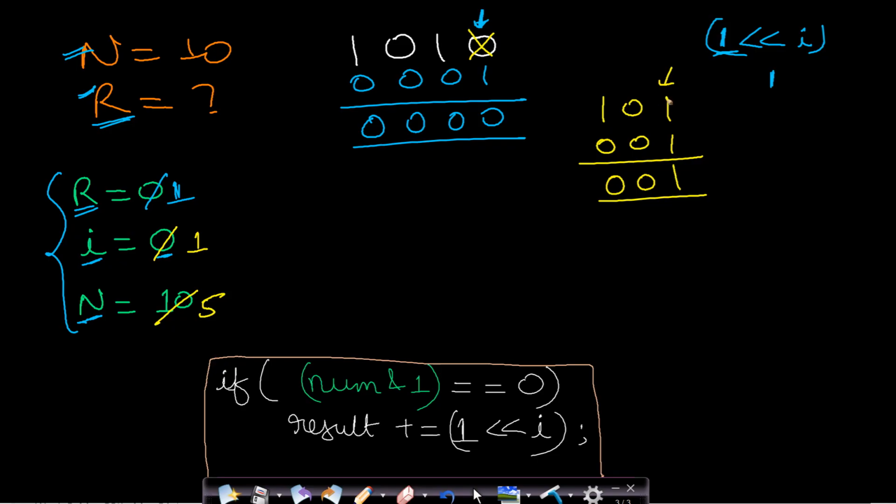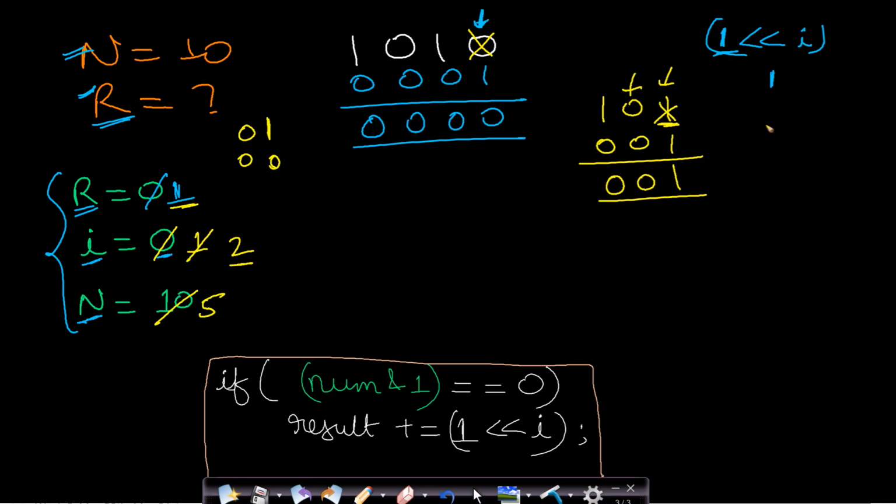Since this is bit number 1, whether it is 0 or 1, adding 0 to the left hand side will not change the value. So if this bit is set, you would have to add 0 to the left hand side of whatever the result is. Even if you add 0, it will not have any significance. Therefore whenever we see any set bit, we won't do any operation. Now we move on to the next bit, so we right shift it by 1 bit. When we do right shifting, we also increment this I value, saying that we will now be processing the second bit, that is, since we started counting from 0, it will be the third bit.